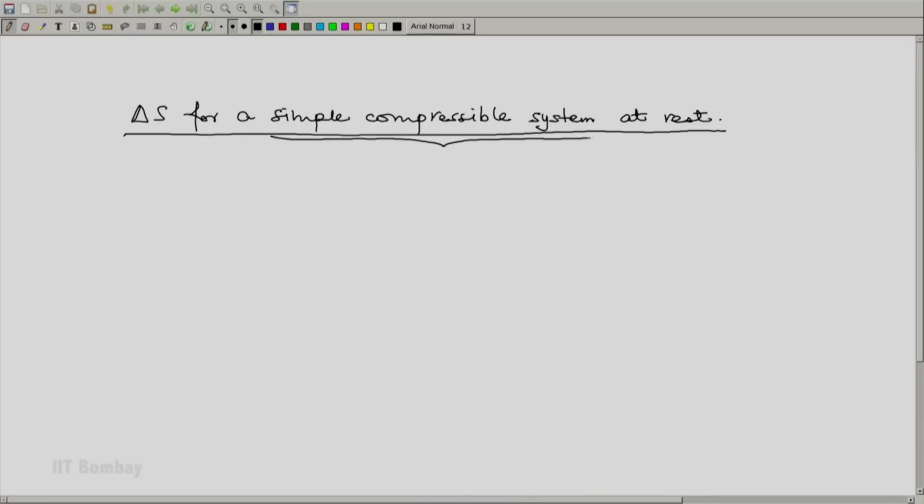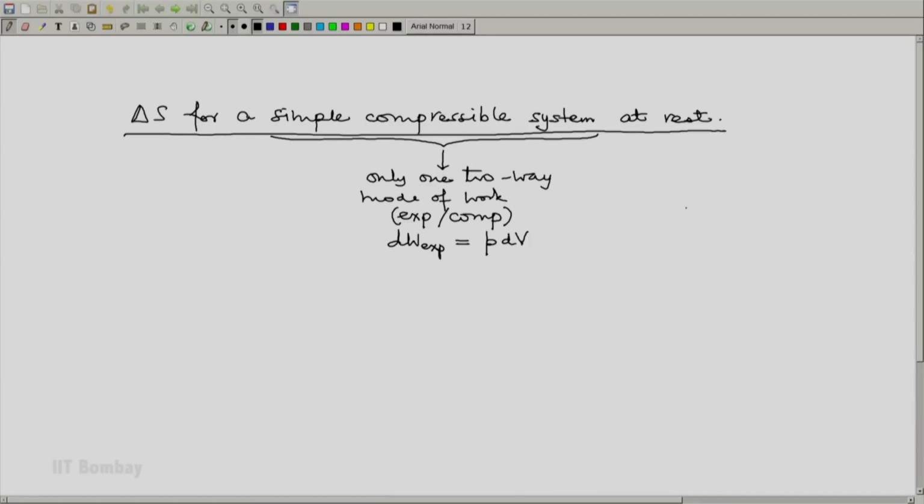Simple compressible system means that there is only one two-way mode of work, and that is expansion compression, and that means dW, this expansion compression would be